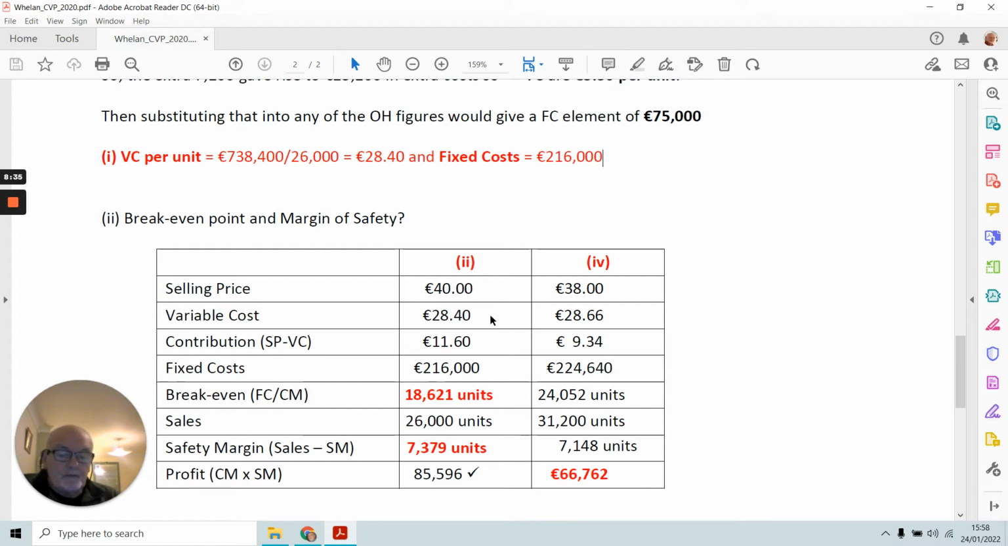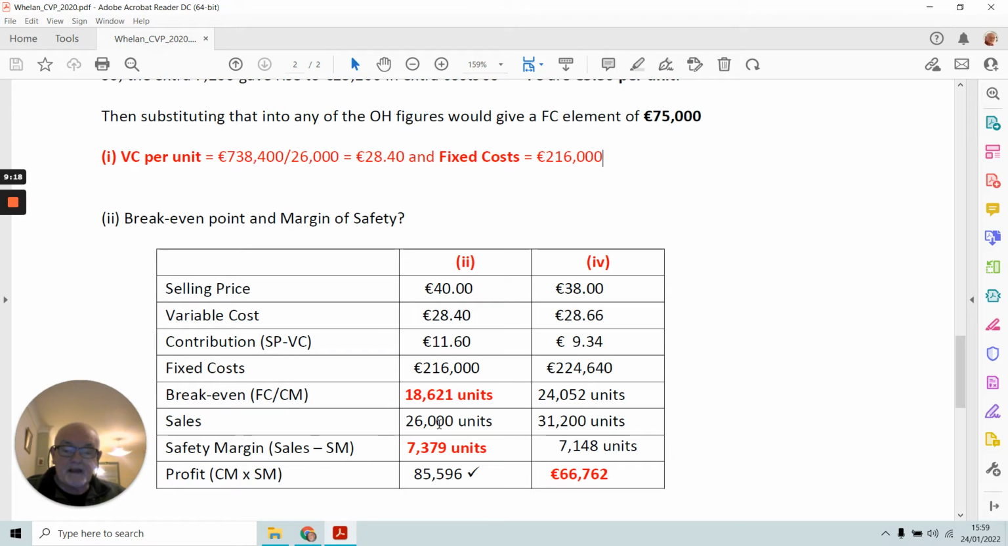So, if each unit we sell at €40 contributes €11.60, how many units must we sell to cover €216,000 worth of fixed costs? Well, the answer would be the fixed costs divided by the contribution margin. The €216,000 divided by the 28.40. Sorry, correction. The €216,000 in fixed costs divided by the contribution margin of €11.60. And rounding it up, remember, rounding it up to the nearest whole number, we find that we'll break even at 18,621 units,